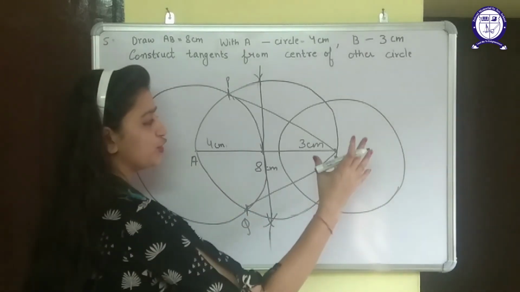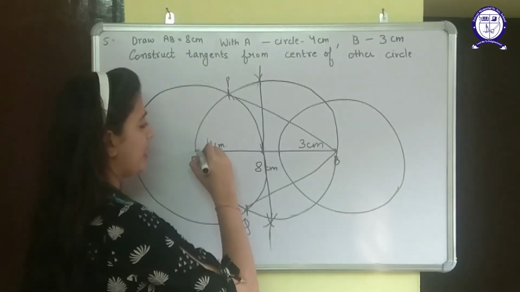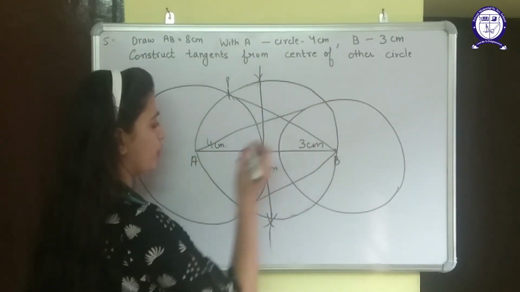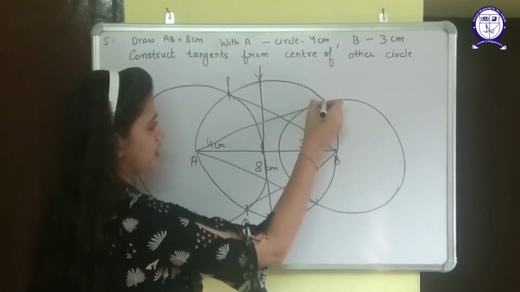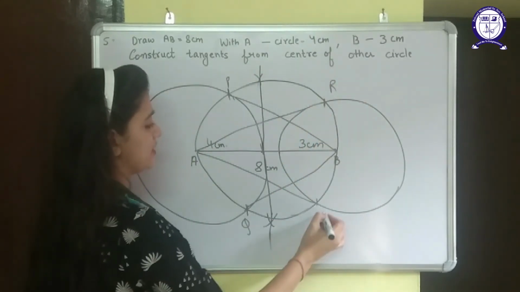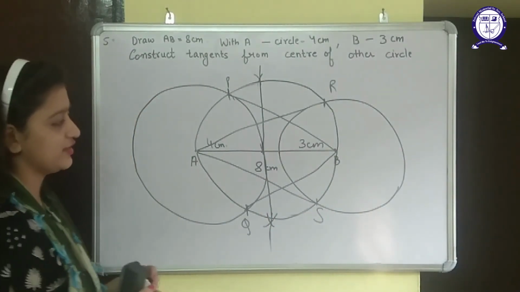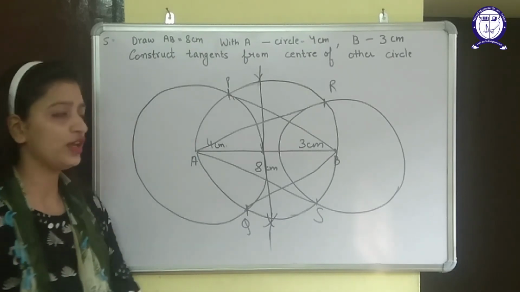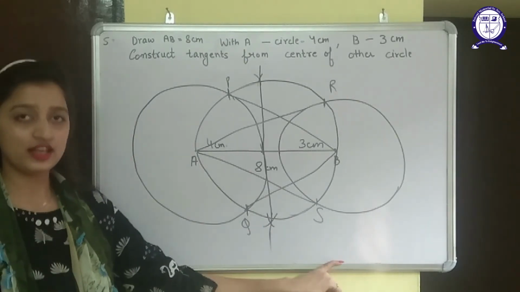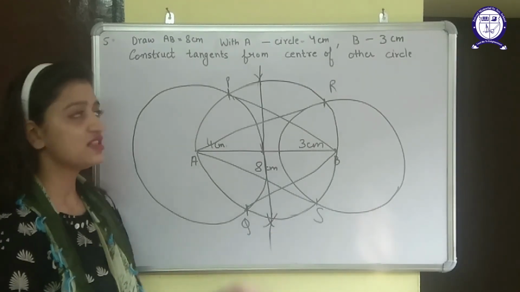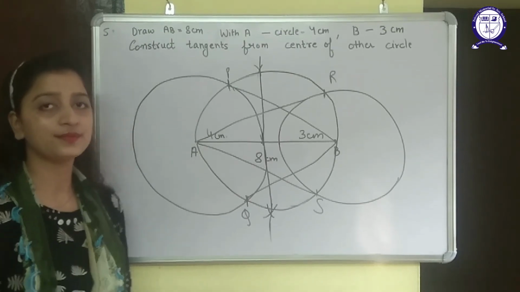Similarly, if I want to draw the tangent of this circle, I will take the external point A and will join it with this point. Right, these 2 points. So let them be R and S. So now this is the construction of the pair of tangents. I know the diagram is looking very confusing, and when you make it, you will get confused while making it, but this is the procedure of doing the question and you have to follow the steps.